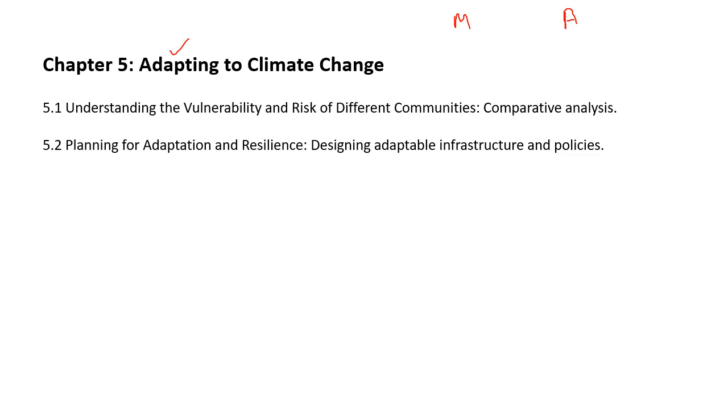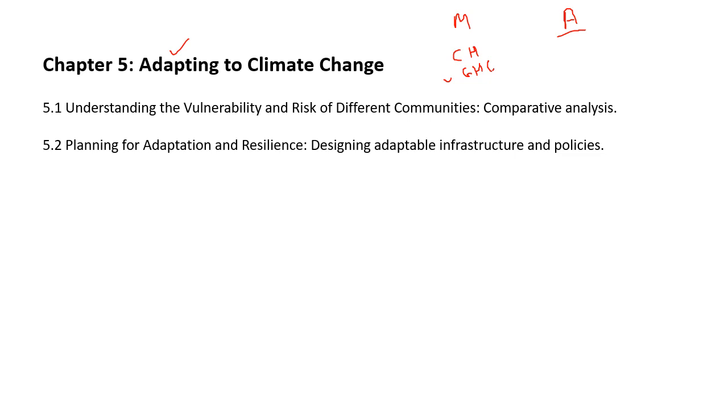What is the difference? Mitigation, we are talking about climate change. In climate change, we know there are greenhouse gases, a major problem. So mitigation refers to the effort to reduce or prevent the emission of greenhouse gases. And there were different ways. So we have already talked about that in chapter 4, and in chapter 5, we are talking about adaptation,